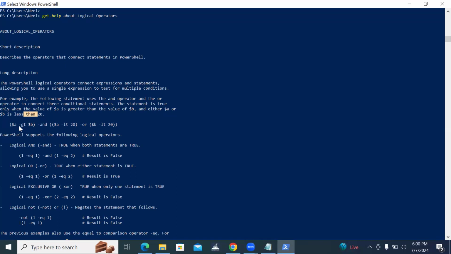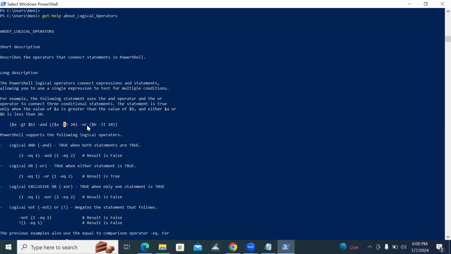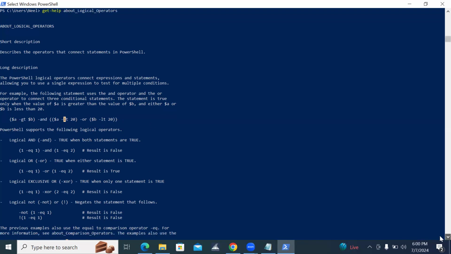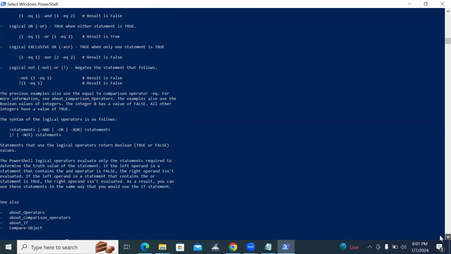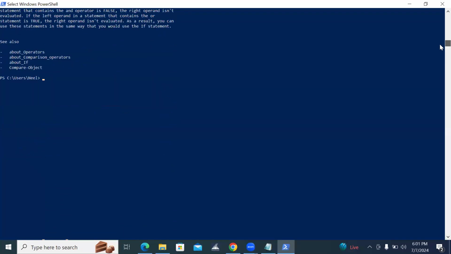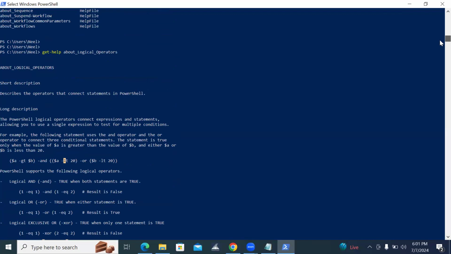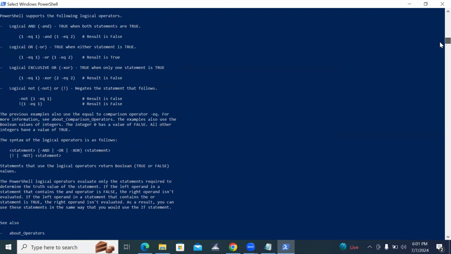If $a is greater than $b, and $a is less than 20, or $b is less than 20. So forget about this for now. Let's talk about what the logical operators are. We will understand the mathematical part later. Okay. So what are those logical operators we should be using? The table